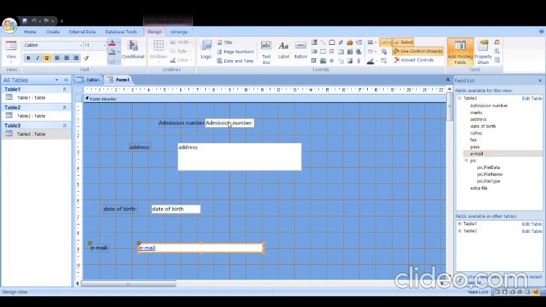This way, the person will delete it and fill in the admission number, the address, date of birth, and email address.